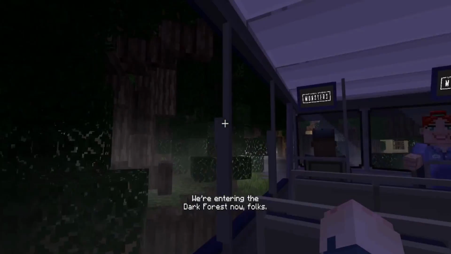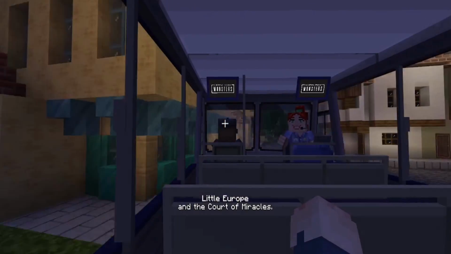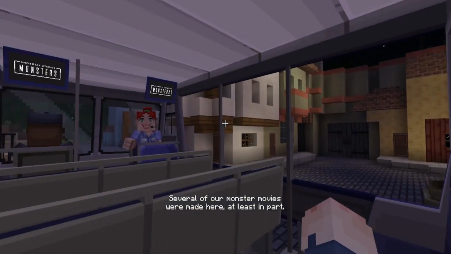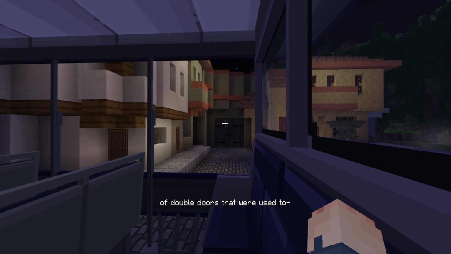Universal Monsters. Ooh. We're entering the dark forest now, and here is our last stop on the trip, Little Europe and the Court of Miracles. Several of our monster movies were made here, at least in part. Over there you can actually see a set of double doors that were used in...